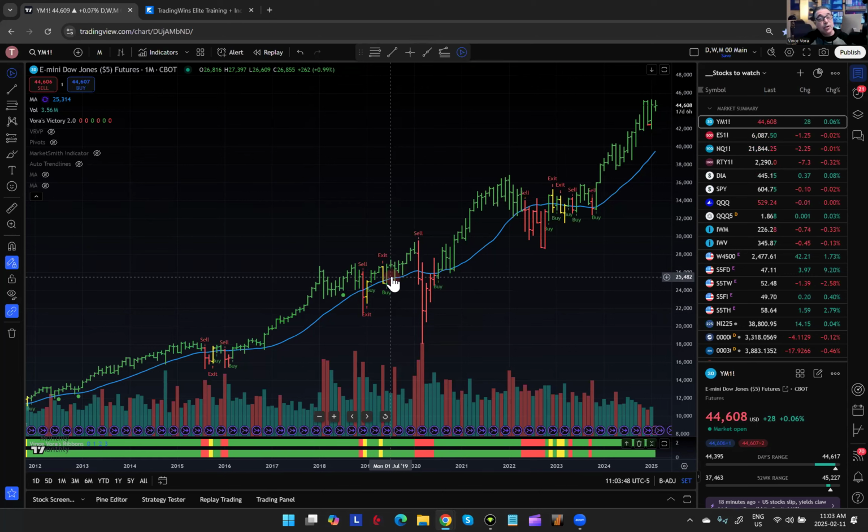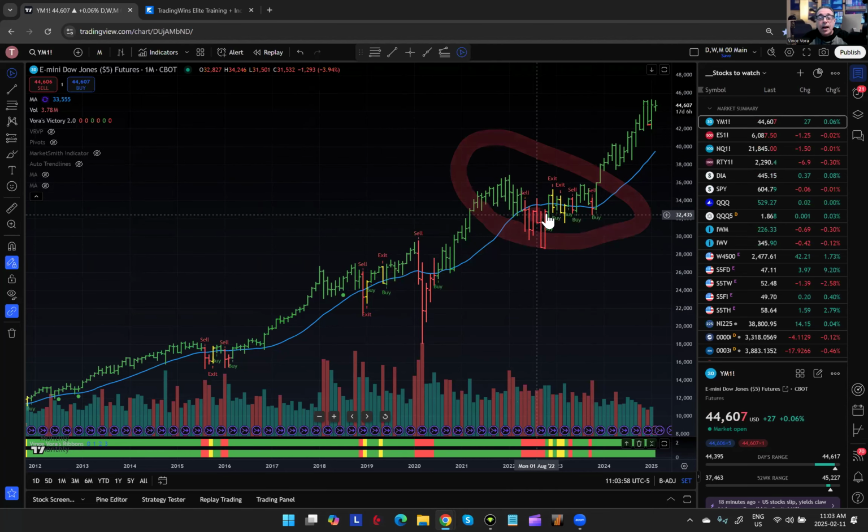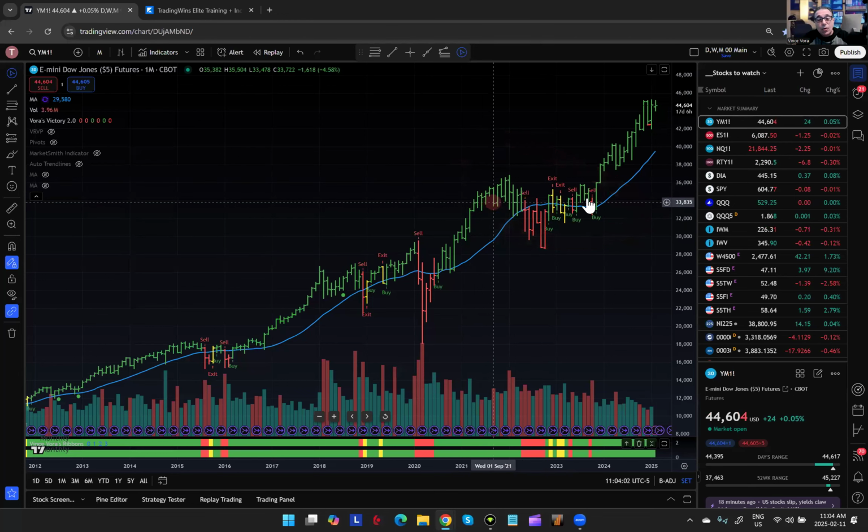Now, you can use them to your advantage by keeping track of that consolidation. Let's look at this area in here, for example. We want to track it. And the best thing to do, when you notice that we're in a consolidation mode, is mark the highs, and mark the lows, and wait for a break one way or the other. And so when we had that break here, that was a great opportunity again to take advantage of the next